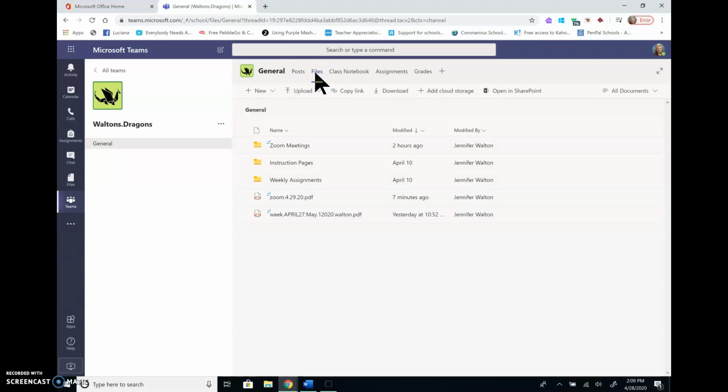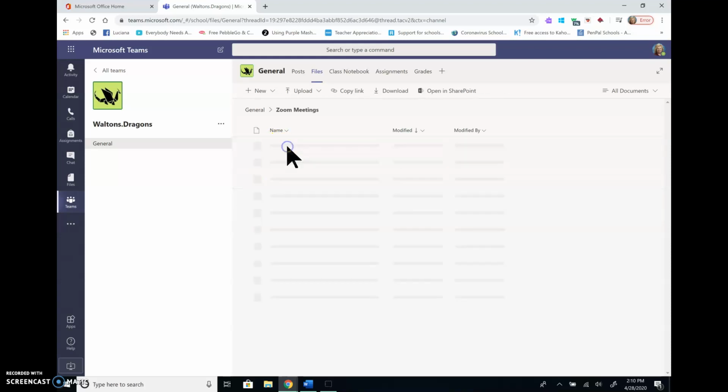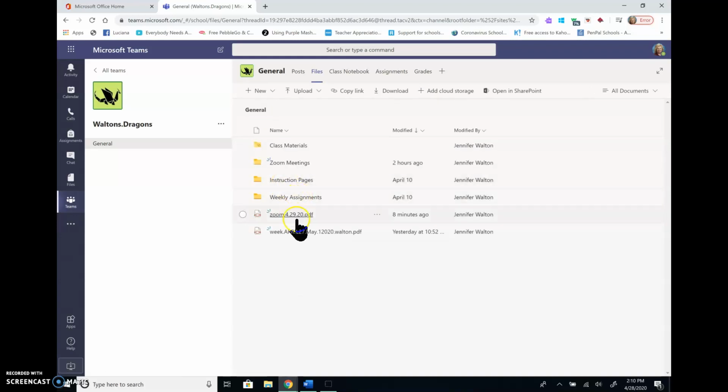To find the Zoom meeting for tomorrow, I see that there is a file, a PDF file, that is labeled with tomorrow's date, 4/29/20. When this meeting is finished, this invitation will then be moved into this file that says Zoom Meetings. This was the Zoom meeting from today, Tuesday. So going back, I see